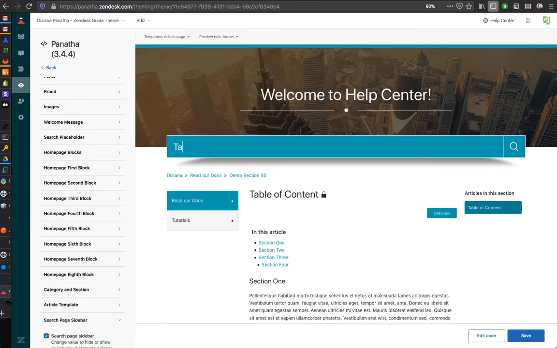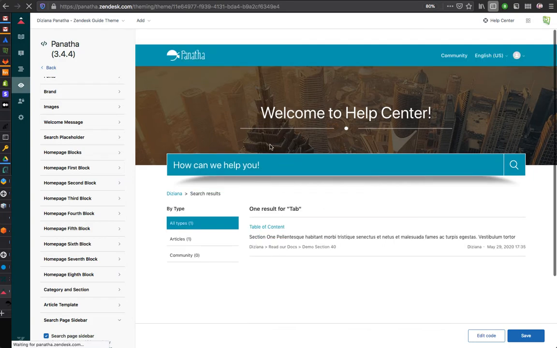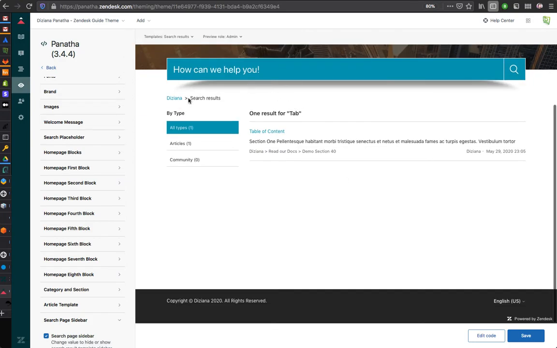So you can just type a keyword and hit enter. Once you hit enter, you are shown a search result page. There's a sidebar, and then there's this thing. So if you don't have a community, then this sidebar actually does not make sense, because it's showing articles, community